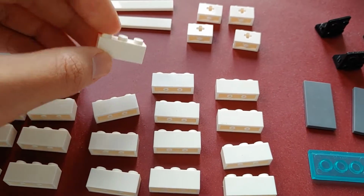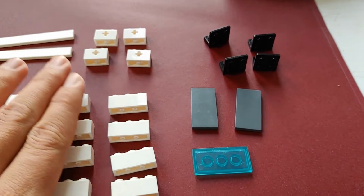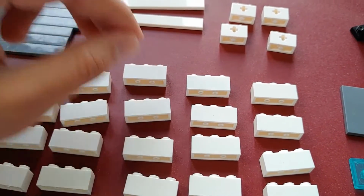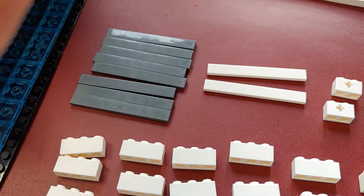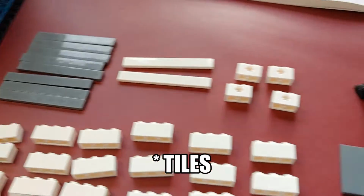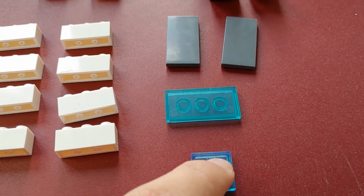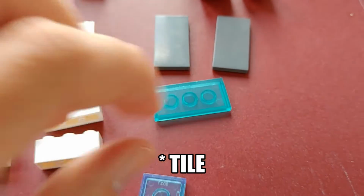For example, I said I need 4, 8, 12, 16, 20, 24 1x3 white bricks. And 2, 4, 6, 8, 8 1x8 bluish gray plates, and so on. The only problem I had is that I didn't know how this color is called. So I described the brick, or the plate better said, and